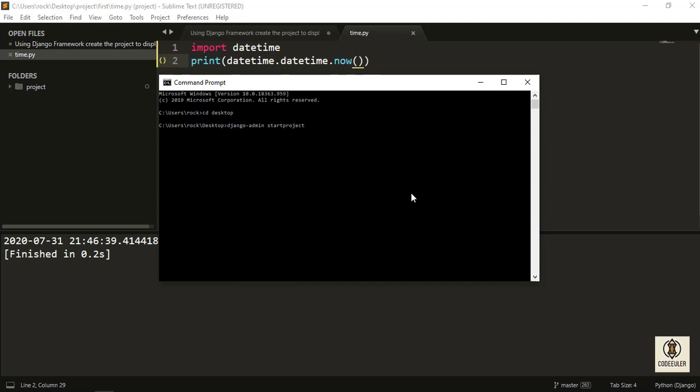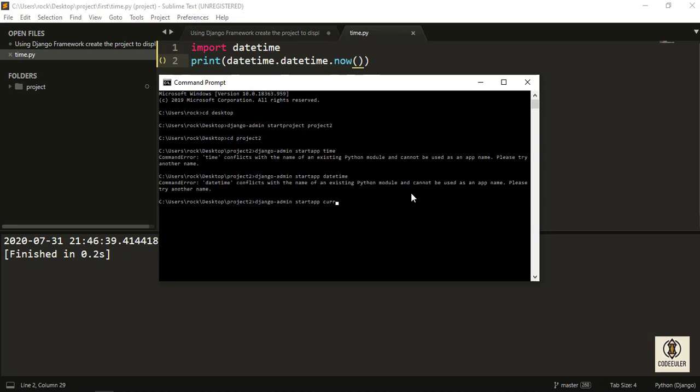Project name I'd like to give as project2, and change directory to project2. And I'd like to also create one app inside my project2. I'd like to give my app name as current time. Yeah, it's created.